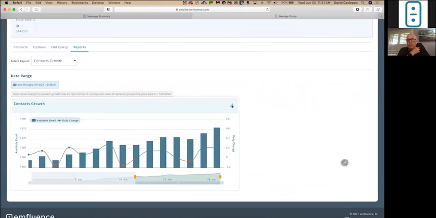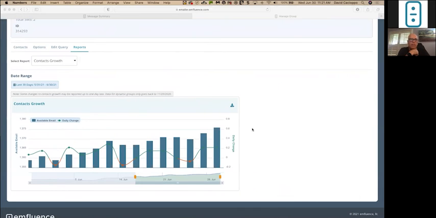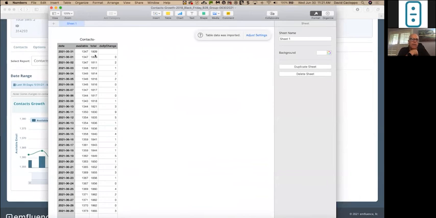Here's how you download the group reporting, and then we can see what data is reported. You have the date, you have the available and total counts, and then you can see on a daily basis how many contacts you've added to that specific group. So if you're looking to do some reporting outside of the platform, this is a handy data set to give you daily growth charts.